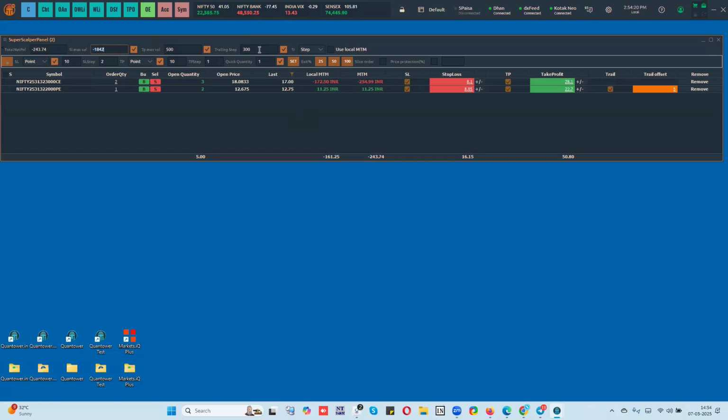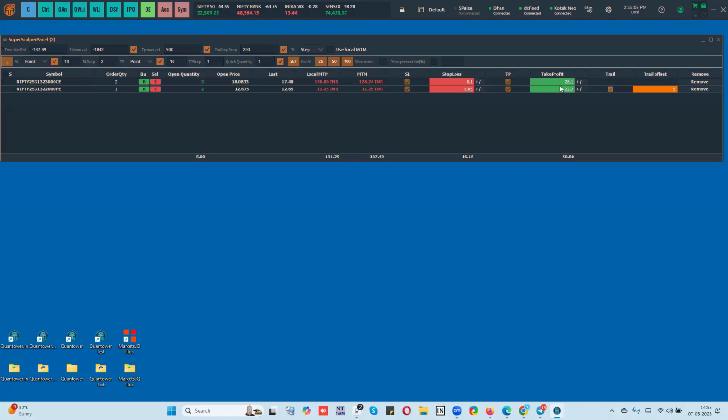Okay. So if your profit touches 300, this will go to zero. If the profit touches 600, it will move to 300 plus. If the profit touches 900, it will move to 600 plus. So if you want to modify this anytime, you can just increase this to 500 or decrease it to 200, if as and when you make more profit you want to have a closer step. So you can just click here, untick and enable this, and it will maintain a distance of 200 points and start trailing. Okay, so this is how you can do this.